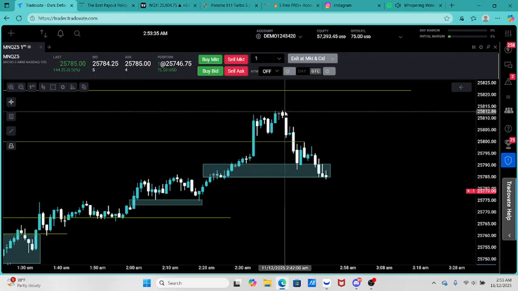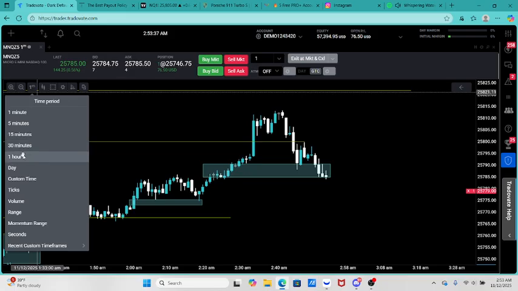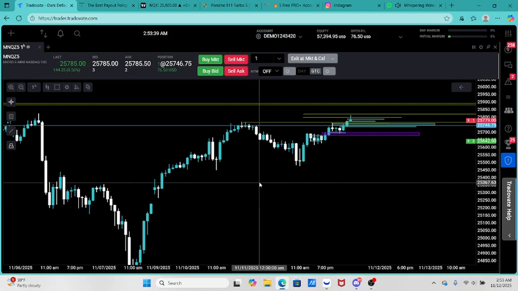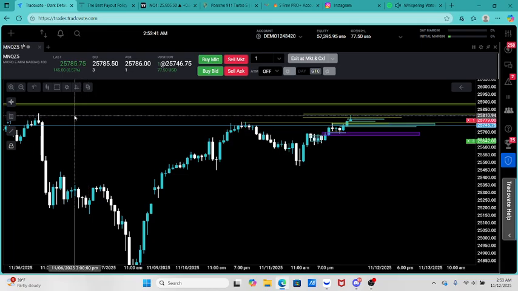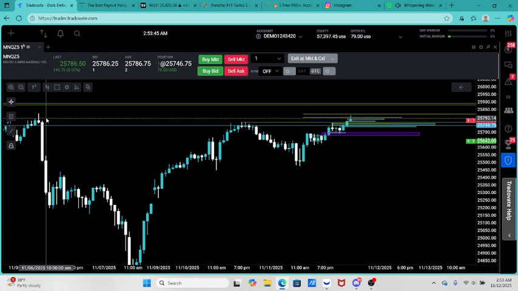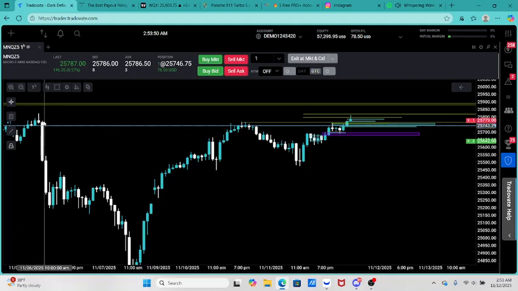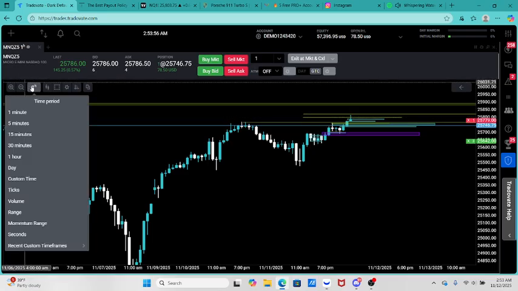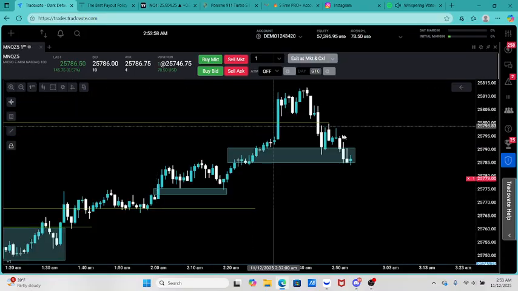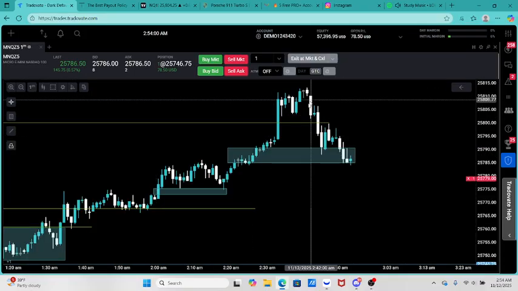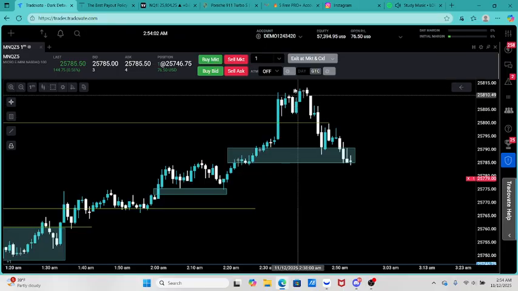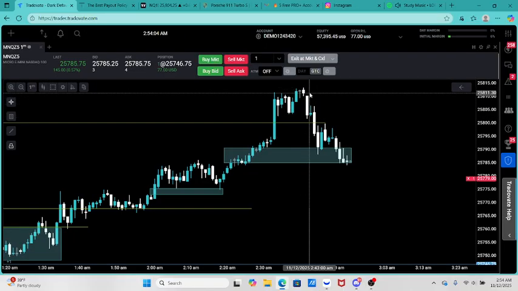like a psych level for 1/800, and that it took out the midpoint, the consequent encroachment, because not only are highs, lows, fair value gaps, and order blocks important, but also the midpoint of wicks. That's where that first price target was. And not only was it a midpoint, it was a psych level, like an even number, like 800. And then we want to see how price reacts to these key levels. We had that reaction down,